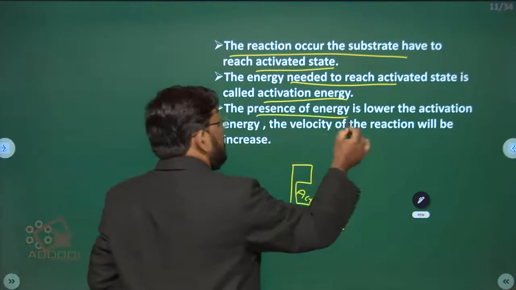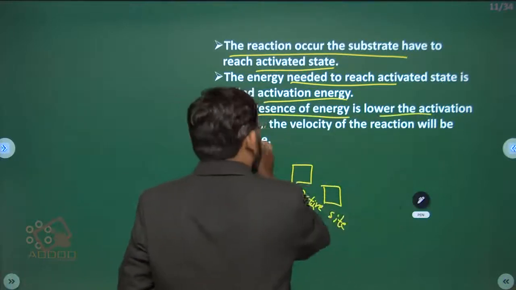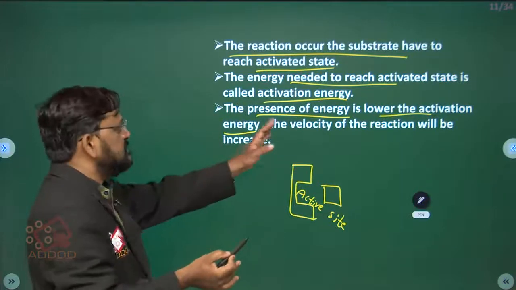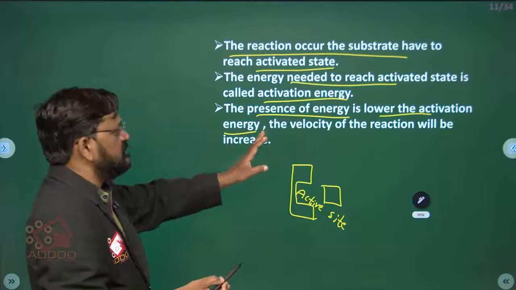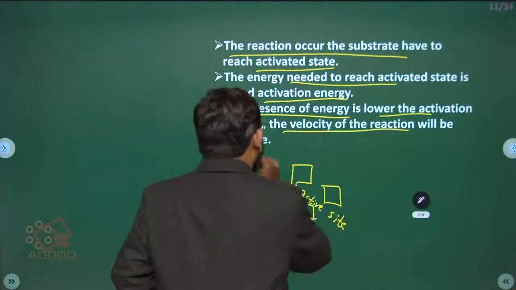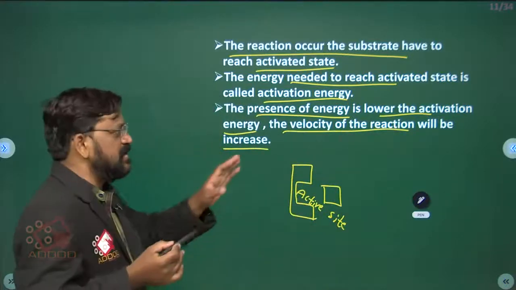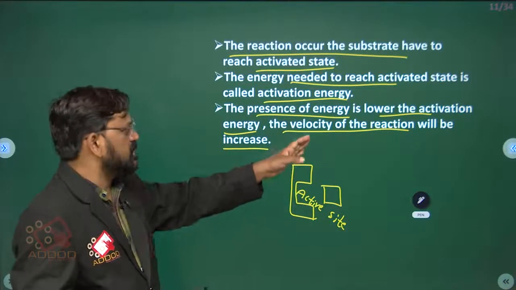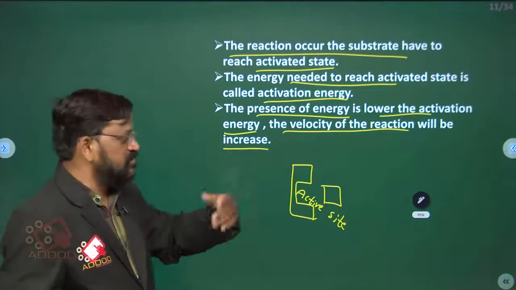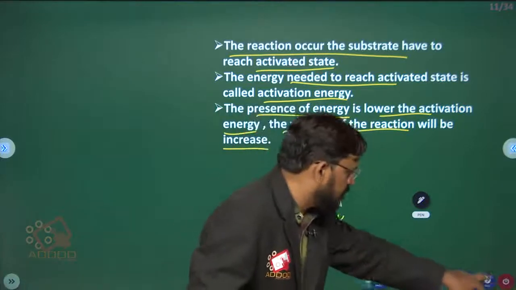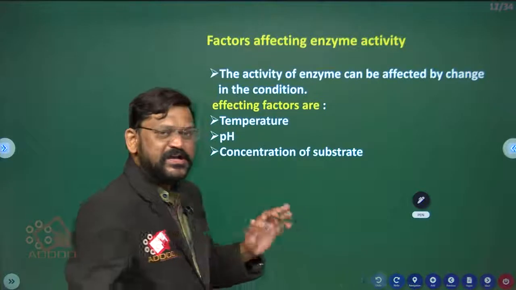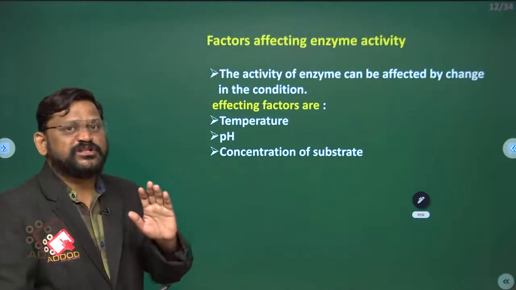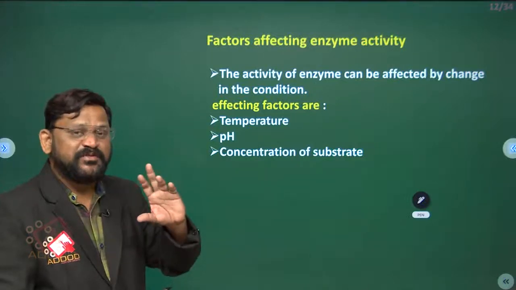So, when the energy present is lower than the activation energy, the velocity of the reaction will increase. That means, when the energy needed is lower than the activation energy, within no time the reaction will take place. The speed or velocity of the reaction will increase. That means they are just decreasing the activation energy, so the substrate can bind with the enzyme very firmly